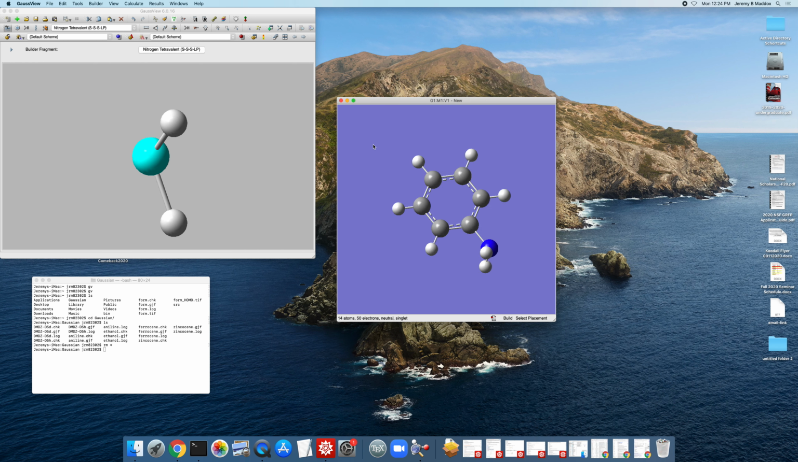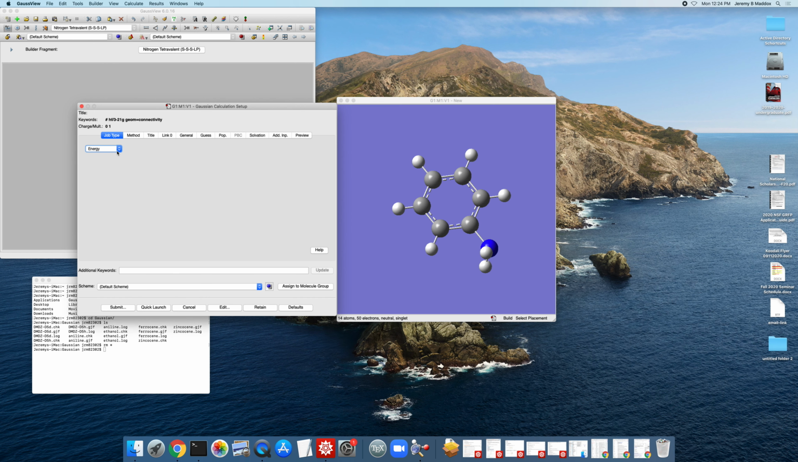And so what I'm going to do is just a quick semi-empirical optimization of this molecule. And this is often something that you might want to do because they're short, quick calculations, and then they will give you a reasonable starting structure for most molecules. So I'm going to go to the calculate menu item, run the Gaussian calculation setup,